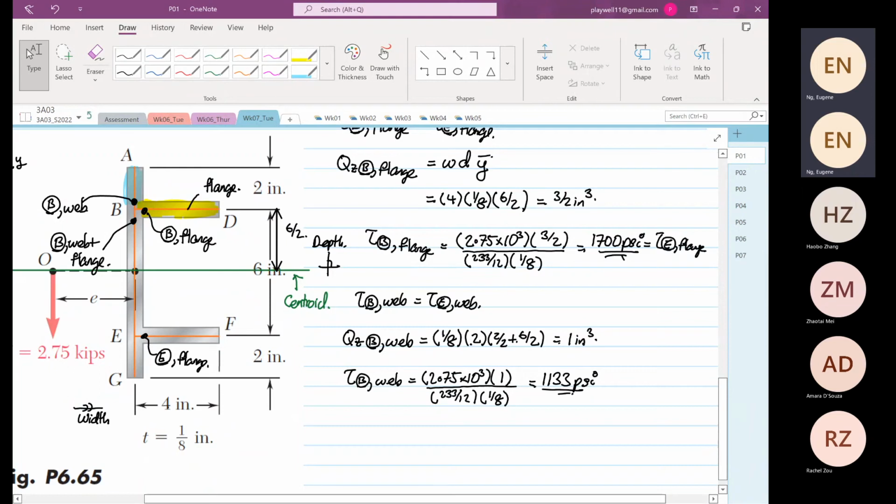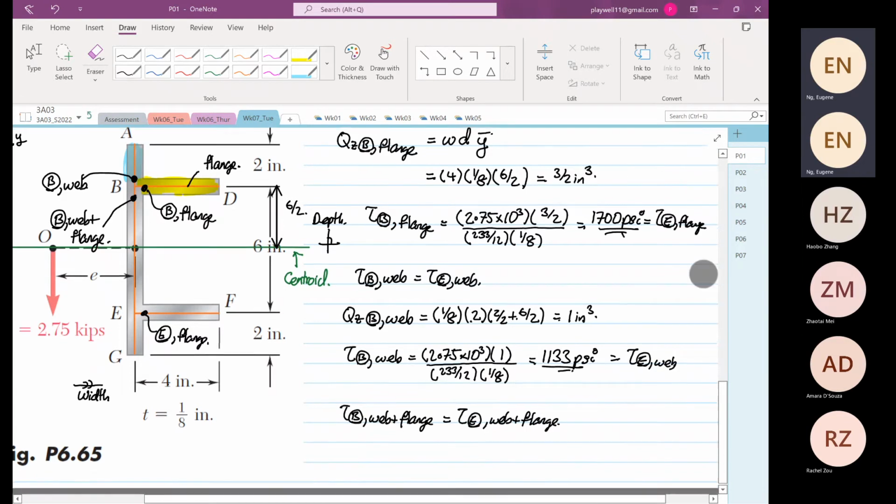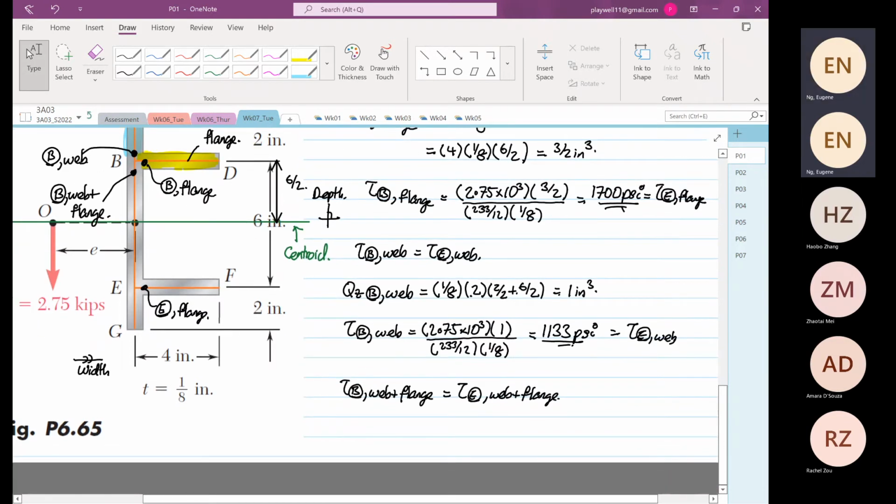Find the shear stress at point B for the web plus flange. And this is also the shear stress at point E for the web plus flange. What we have found before is the shear stress at point E of the web. So this will be equal to... now we need to find the first moment of area